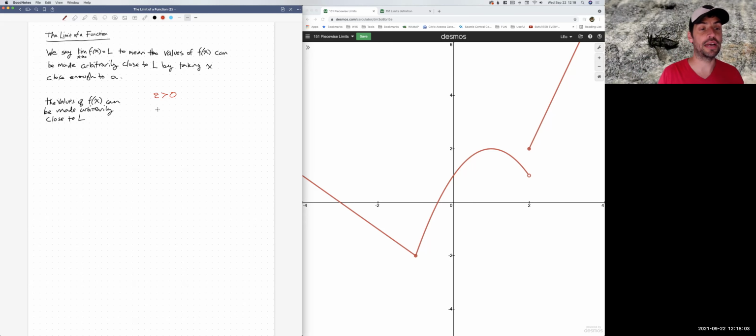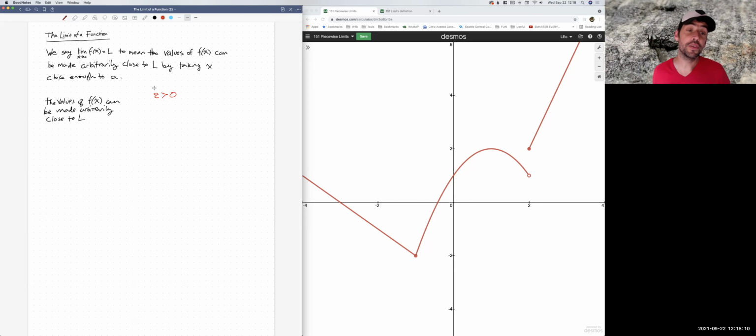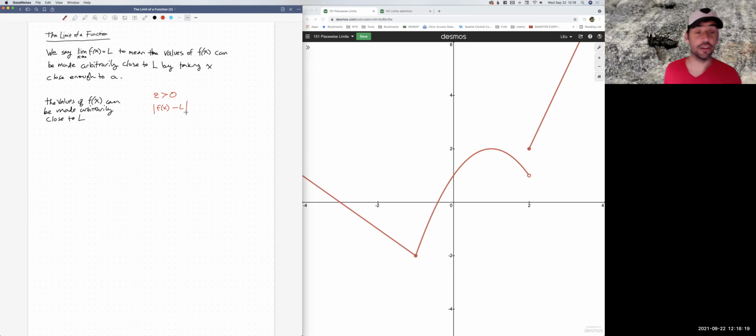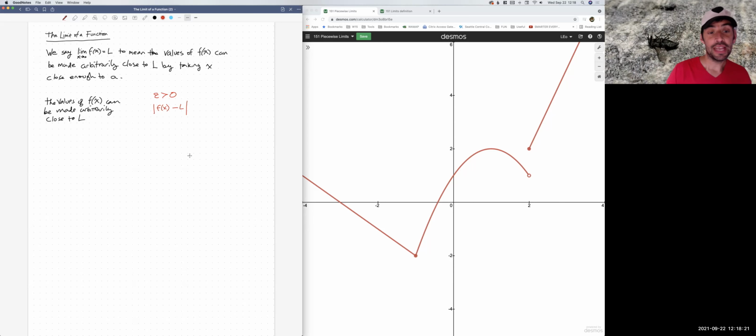Arbitrarily close to L means I can take any epsilon, any positive number, and typically think of it as a really small thing, right? That I can ensure that the difference between the function and the number L, okay, is